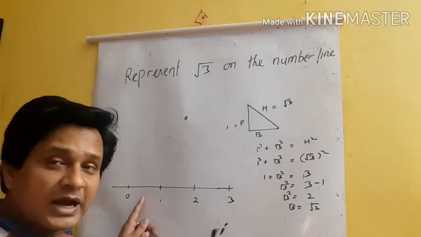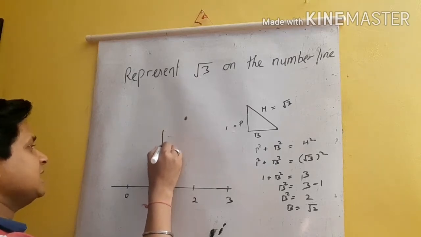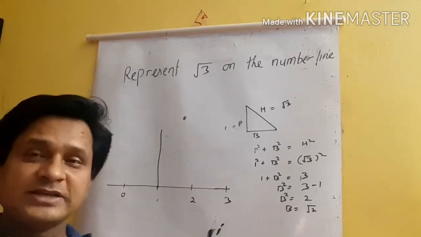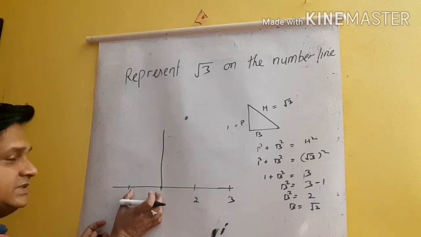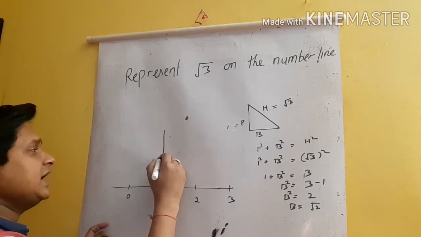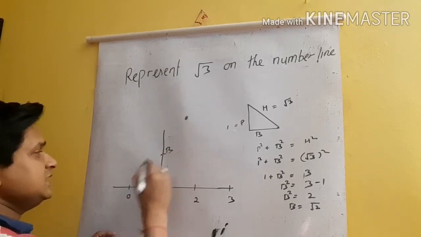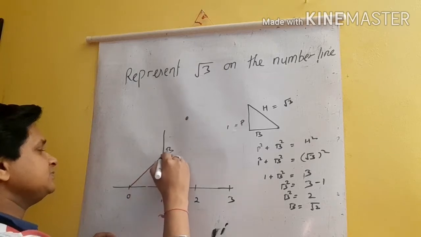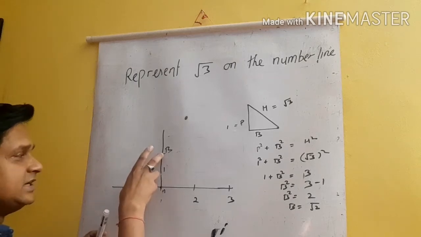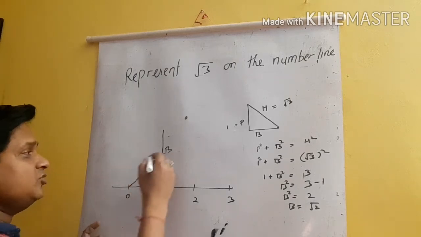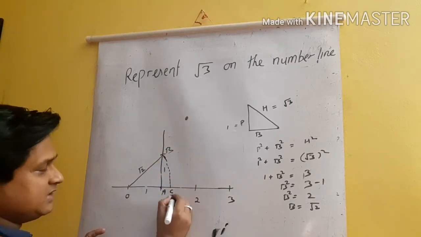Now I will draw a perpendicular line, which means at 90 degrees using a protractor or compass. Suppose I draw the perpendicular line. Now in the case of root 2, what was the perpendicular distance? 1 unit. So this distance we will take using the compass and draw an arc. Suppose this is point A, this is point B. So I will join this B with the initial point. This is 1 unit, this is 1 unit, and this will be root 2. Now you will take this distance using your compass and drop an arc. This is point C, and this will be root 2.